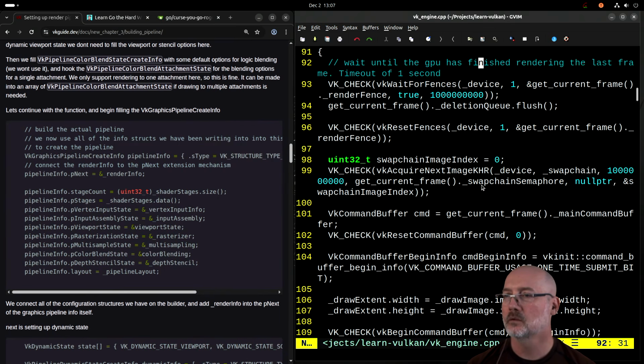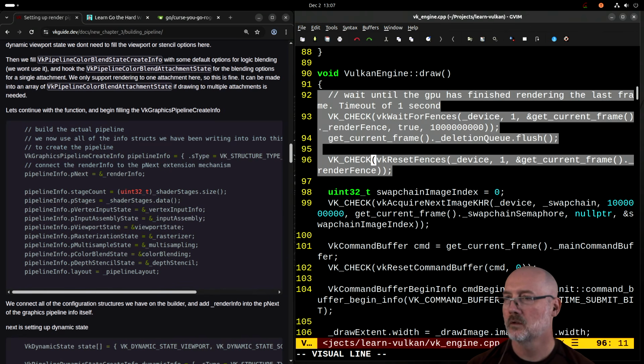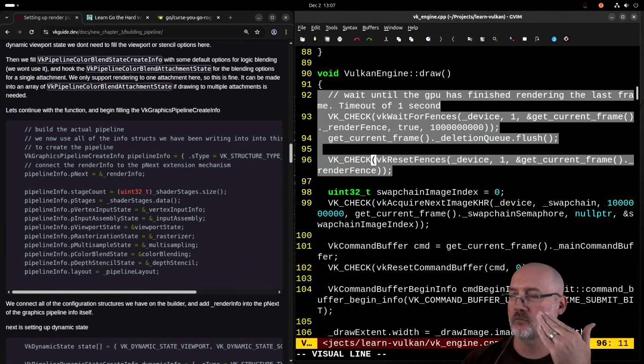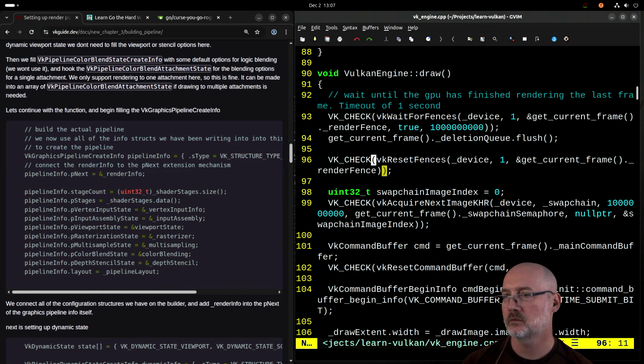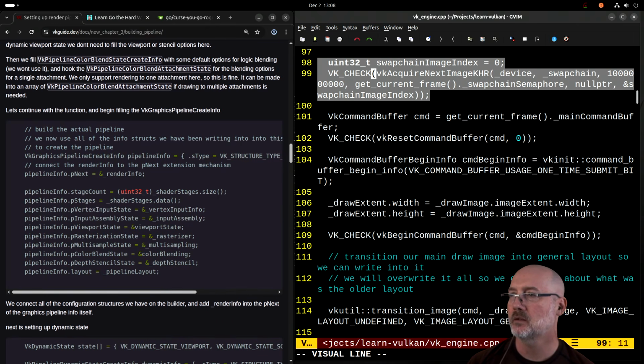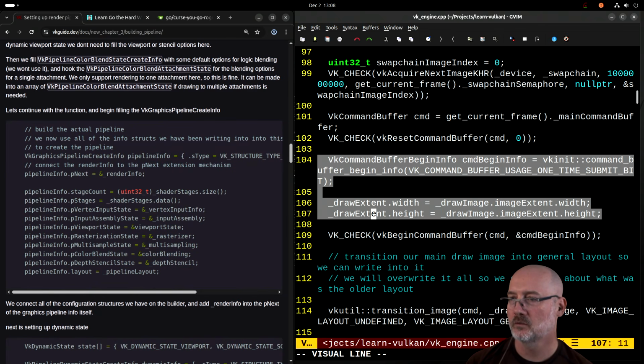So let's say draw. Here you're waiting for the fence, right? Okay, and you flush it and reset them. So this here, a couple of functions and we're getting going, right? We wait for the fence to happen, reset it, ready to go. Okay, and then this, we get an image from a swap chain. We get it, no problem. And now all of a sudden,